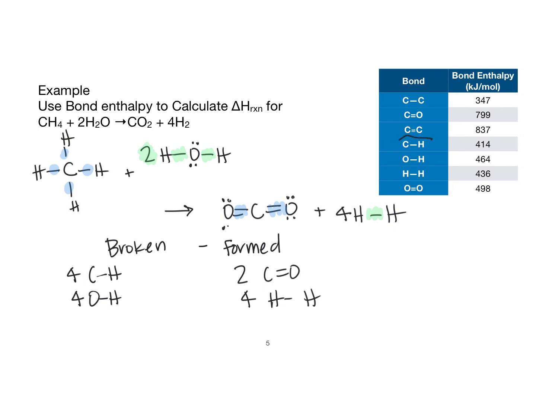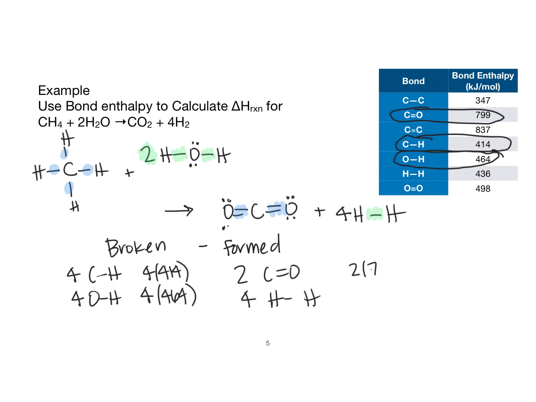So we find the CH bond here, and we use this number of 4 times 414. Then we have OH, which is the next one down, and is 4 times 464. Then we have 2 carbon-oxygen double bonds. So it is 2 times 799. And our hydrogen-hydrogen bonds are here of 4 times 436. So then we can total these values up, and we get 3512 when you add these 2 values, minus